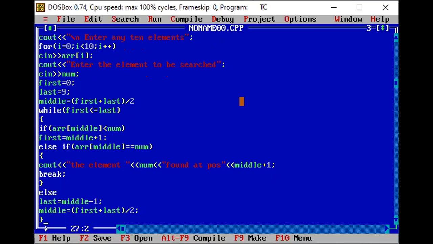So one more condition is left, that we can directly check the first and the last element. There could be a situation where our element could be at the first position, or it could be at the last position.